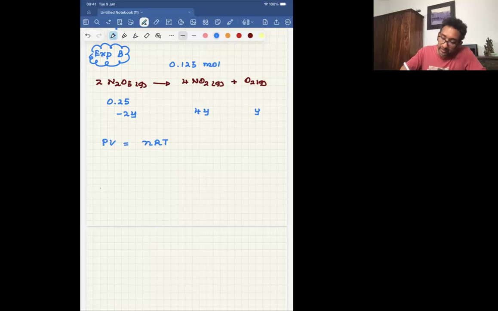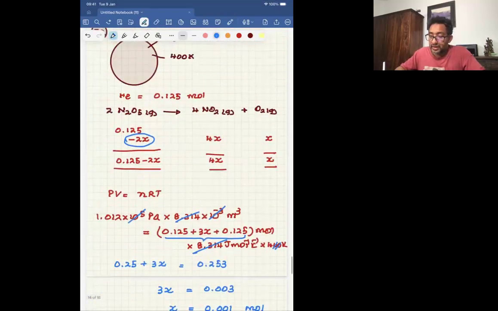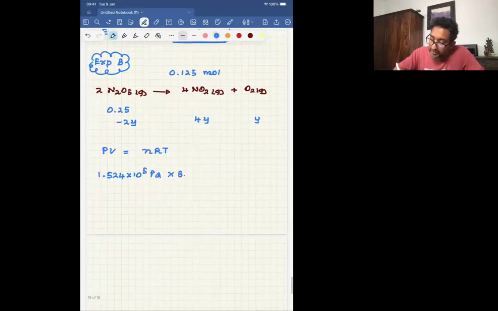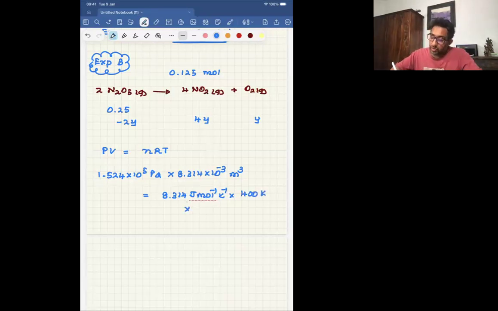Pressure is 1.524 × 10^5 pascals. Volume is 8.314 × 10^-3 cubic meters. nRT, R is 8.314 joules per mole per Kelvin, and T is 400 Kelvin. What is n? n is equal to